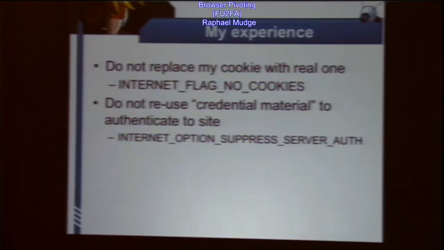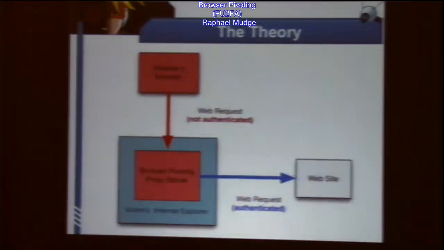Now, as I keep building up, are you kind of seeing an idea of something magical that could happen? I see nods of yes, yes. So, here's the theory behind browser pivoting. What if, fantasy hat, what if I wrote a proxy server? Just a plain Jane HTTP proxy server. And what if I made this proxy server receive a request and translate this request